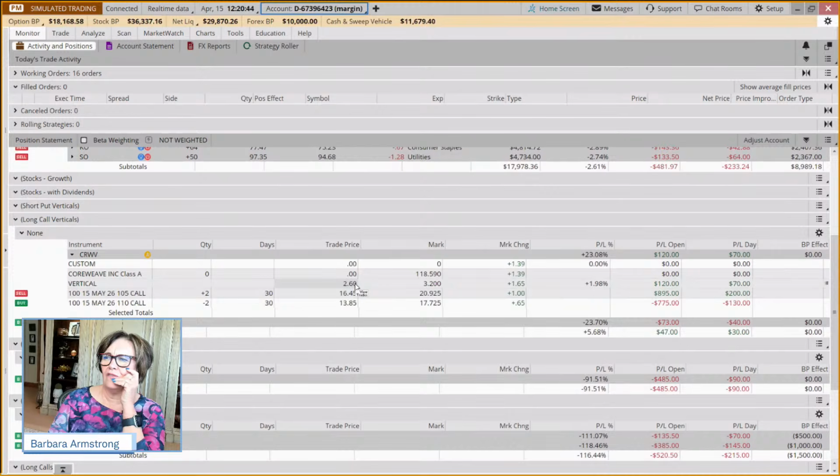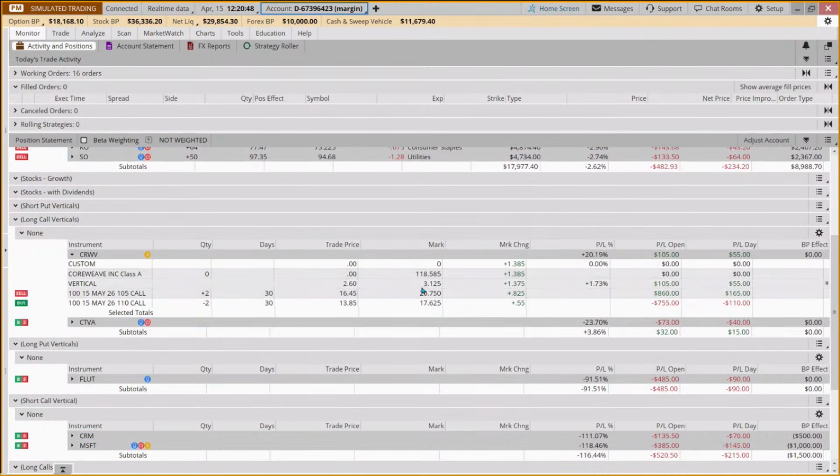So on this long call vertical, we bought it for 260. It's currently trading for 325. And one of the things, our example trading plan on this is that, if it goes up by 50%, we want to exit. But, this isn't a default.